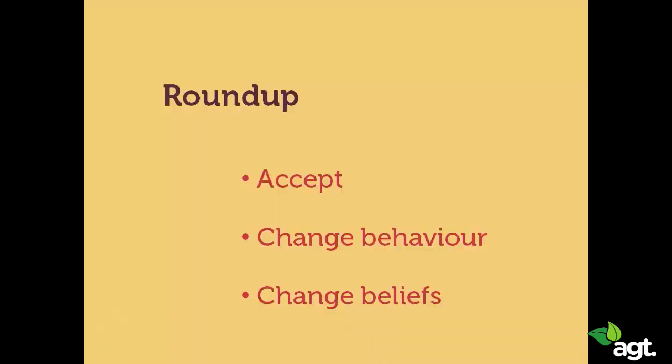Let me now round up this whole lecture on dealing with negative events, with negative situations and feelings. Finding true happiness is not about feeling good all the time. It's quite the contrary. Being sad, angry, and fearful might be appropriate sometimes. Remember that we can face adversity in 3 different ways. Firstly, we can accept the situation and the way we are feeling about it. Then we can change our behavior. And thirdly, we can change our beliefs.